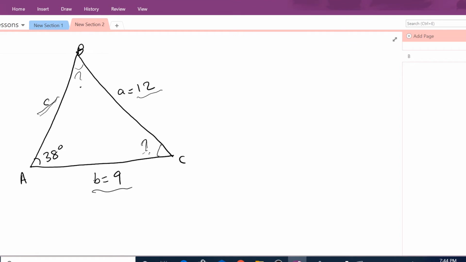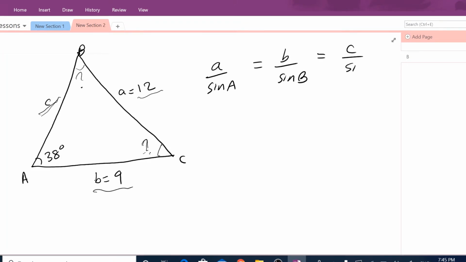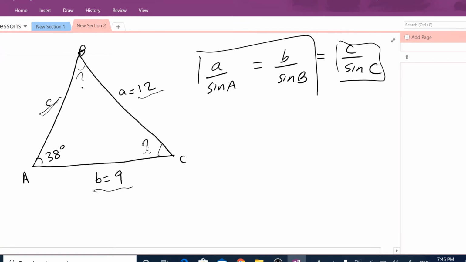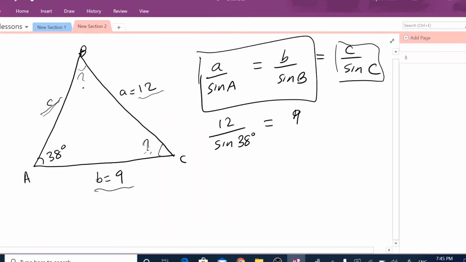We have angle A and side A, so we can use that ratio. We said A divided by sine A is equal to B divided by sine B, which is also equal to C divided by sine C. But we can't use this one because we don't have any of those two. So let's use the first two. What is A? A is 12. Angle A is 38 degrees, so that is 12 divided by sine 38 equals B, which is 9,